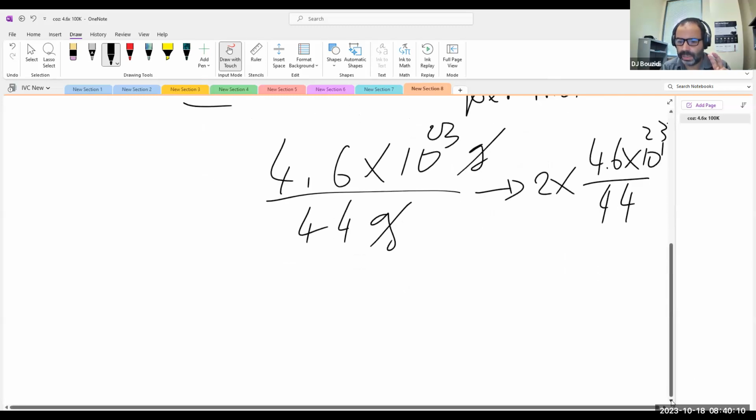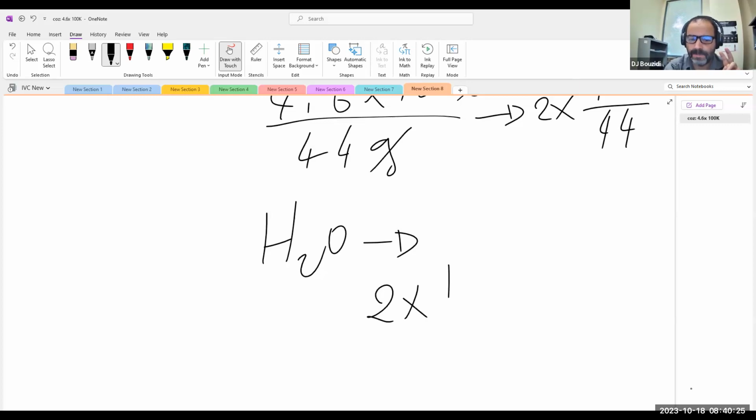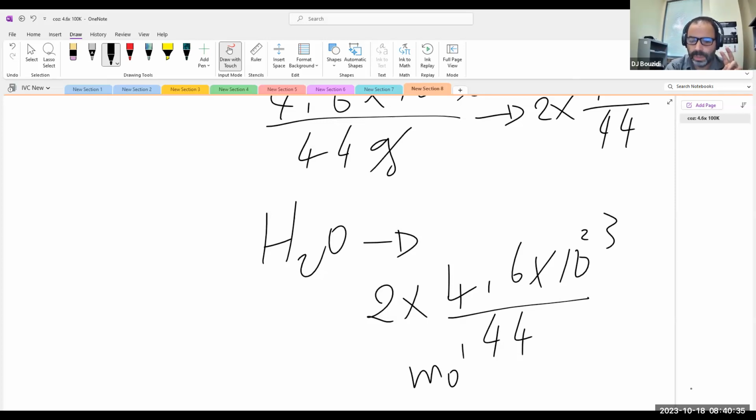In this case, each and every one of those oxygen atoms will form a new molecule with 2 hydrogen atoms to form basically water. So how much water am I going to end up with? How many moles of water am I going to end up with? It's that many: 2 times 4.6 times 10 to the power 23 divided by 44 moles of